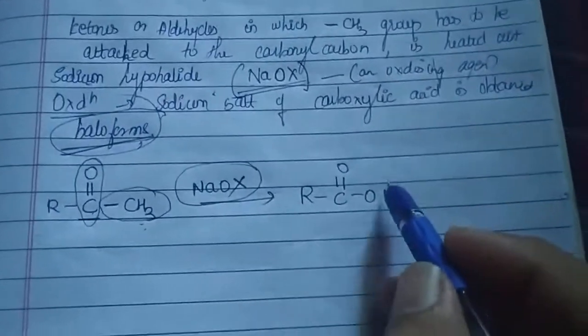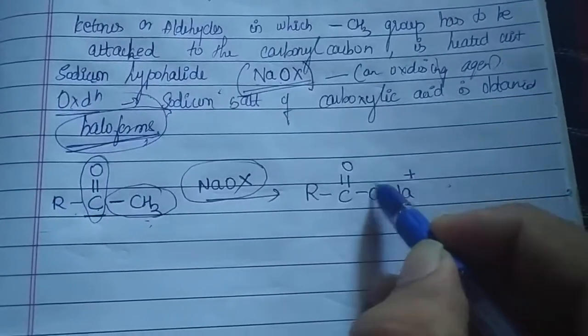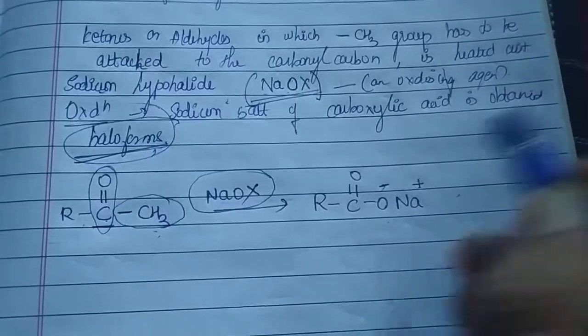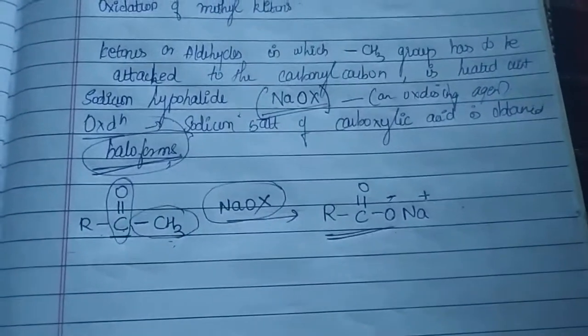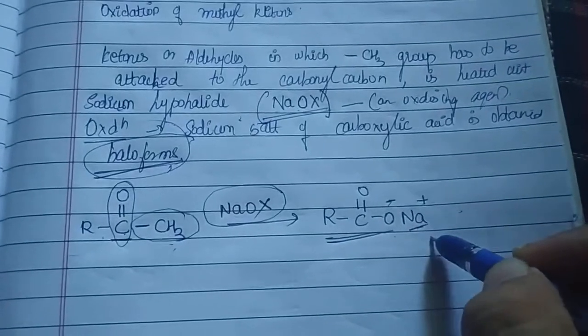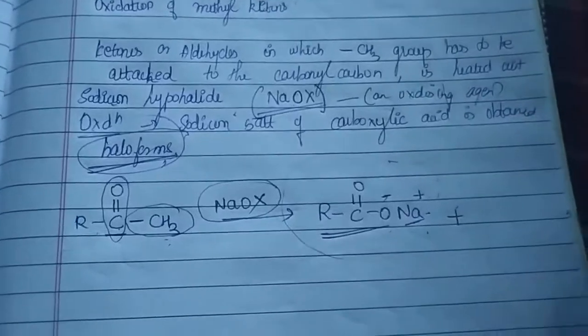Why do we call it that? Now if it were H instead of Na, it would be a carboxylic acid. Here it is Na plus COO minus. It has two charges, like a salt. It is the salt of what? Carboxylic acid. And what is there as a cation? Sodium. So sodium salt of a carboxylic acid plus what will we have now?